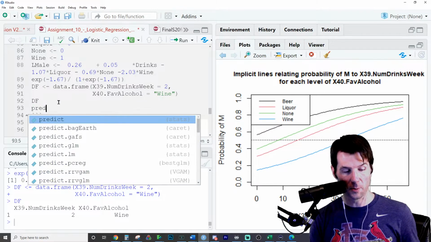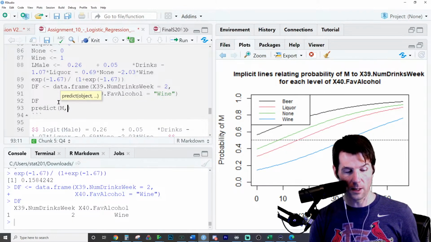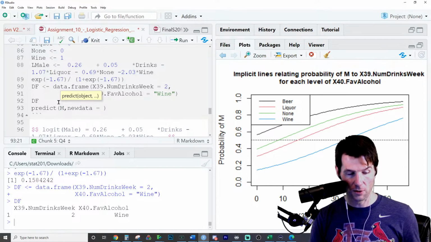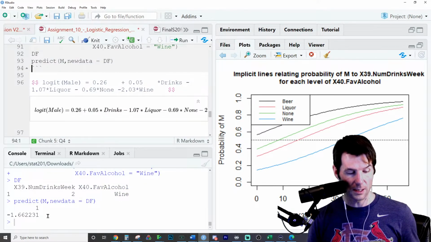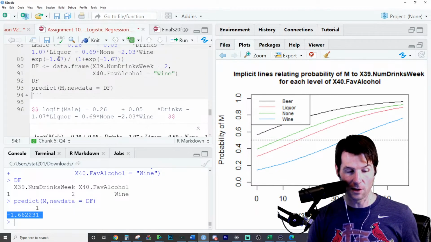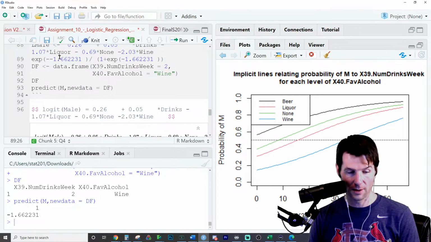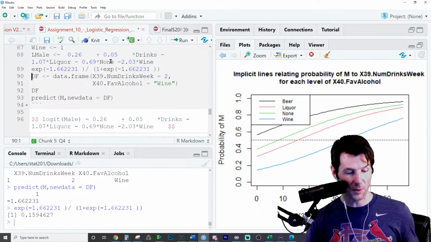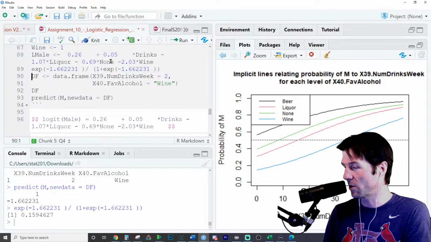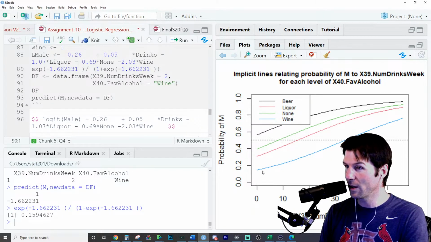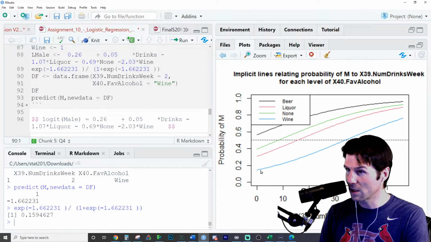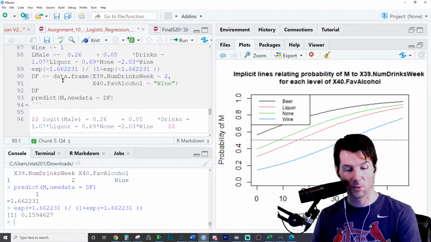So now we can go here to predict using our model, new data equals, and we go to df. And guess what we get? This is all the decimals carried. Now that's not the answer again, that's the logit. So if I take all the decimals carried and we don't do extra things, we now get a probability of almost exactly 16%. So my rounding was not that big of a deal. If we zoom in on this, it should be very close to 16%. And that might, yeah, should be about 16%.